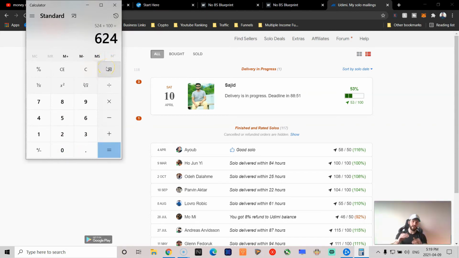Now the base package of Traffic Authority, this is probably going to be your best bang for your buck because you're going to get a very, very high conversion rate from this traffic. It is insane. I used to send it to other funnels back in the day, but it's really crazy. It is $220 for the base package. So if we add on $220, you're now looking at $844 to get started at that base level, where you're kind of medium entry, right? You're not super high entry at $2,000, but this is where you're going to be able to earn $500 commissions. You're going to be able to earn $100 commissions.